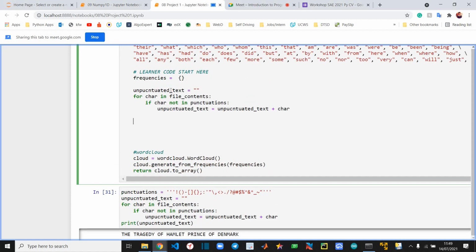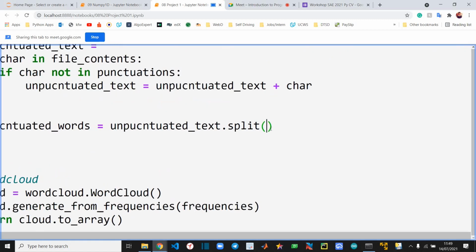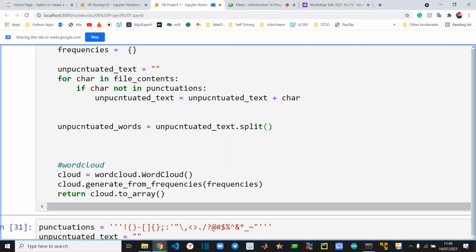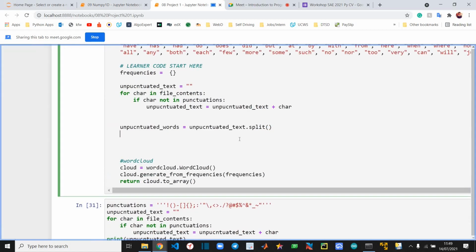We saw last time that there is a method called split. So we'll split this text. What the split method does is that by default it splits on spaces.